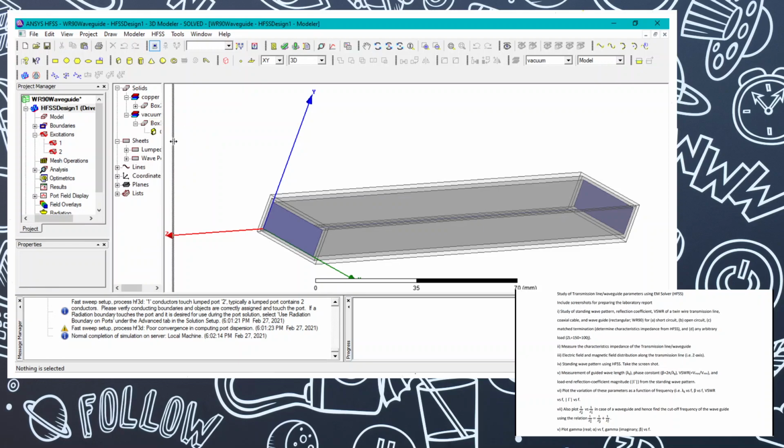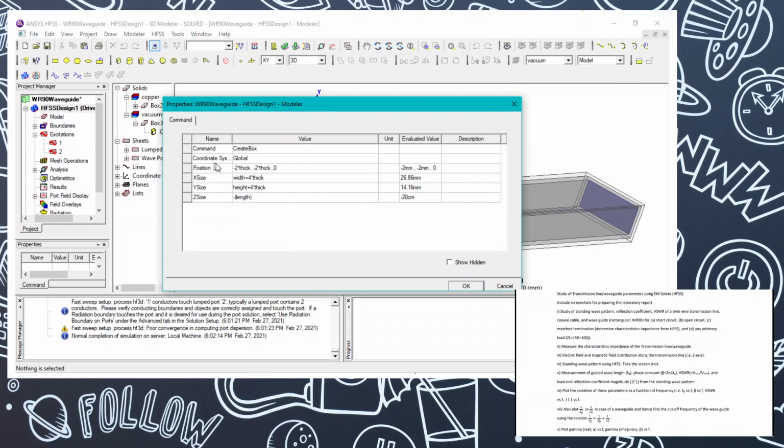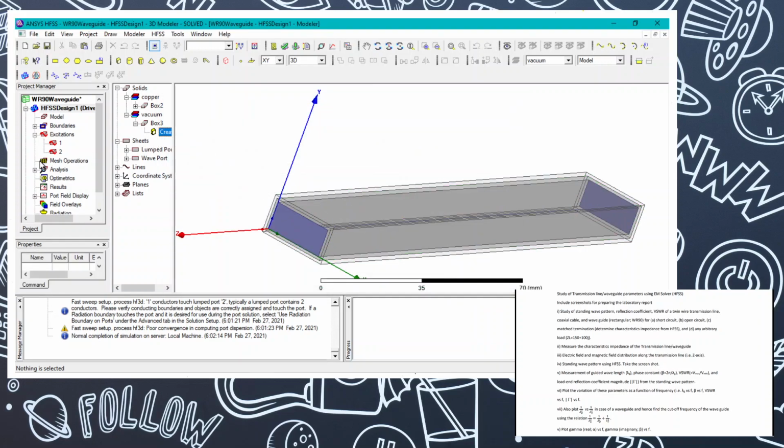that in the radiation box, the cuboid that we used in the last video during the design, the Z size was 2 times length plus 2 times thickness, and the Z position should be 0. Changing that will cause an error in the solution part, because the ports should be at the boundary of the radiation box and not inside the radiation box. So if you get an error, then change the values accordingly, and we'll show you the results one by one.